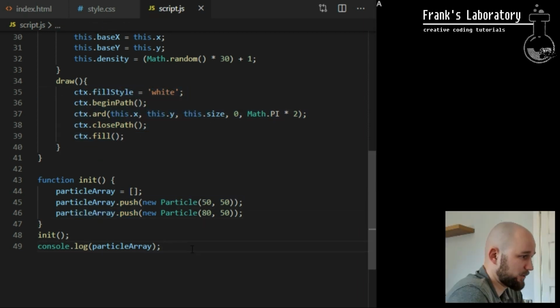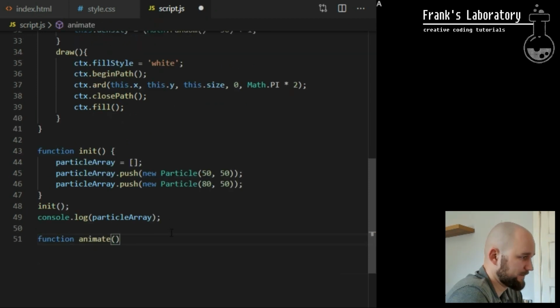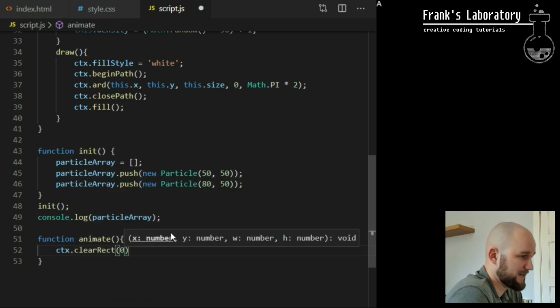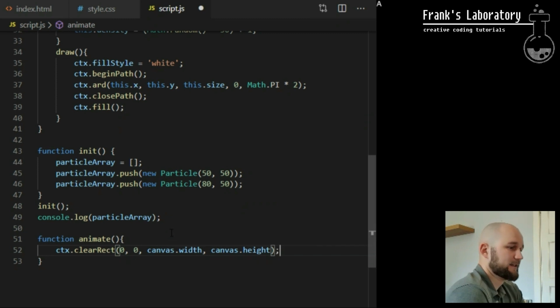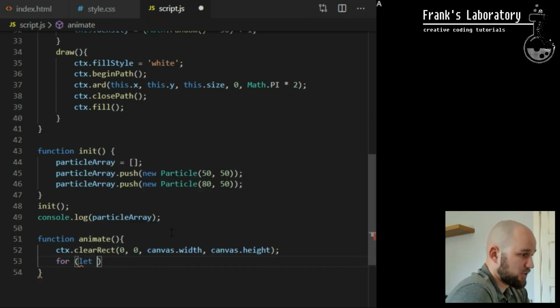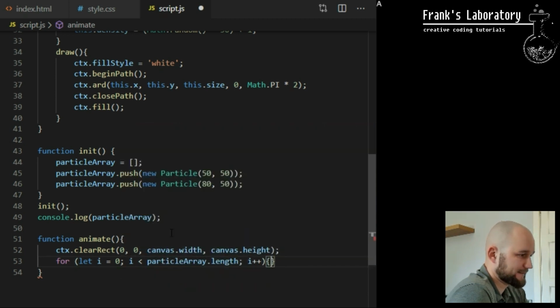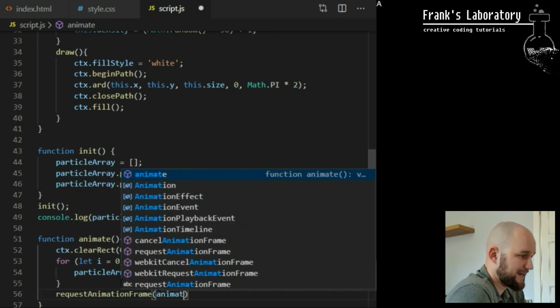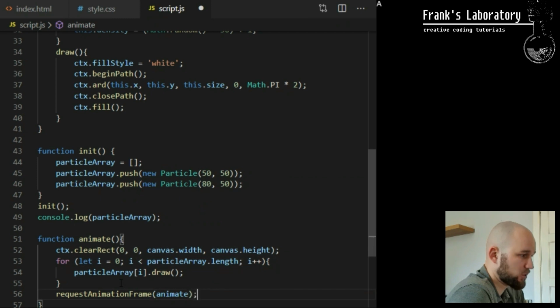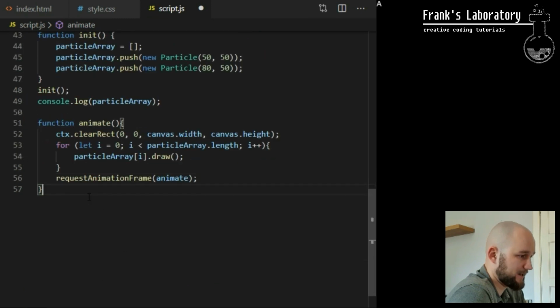I create a custom function I call animate, which will handle the animation loop. First, I call ctx.clearRect and pass it canvas dimensions to clear the entire canvas between every frame of animation. I create a for loop that will cycle through the entire particles array, and for each particle object inside that array, it will call its custom draw method we declared on line 34. The last thing I need to do is to call requestAnimationFrame and pass it animate, the name of its parent function. This way, animate will run all of its code and it will call itself again over and over, creating an animation loop through a programming principle called recursion.